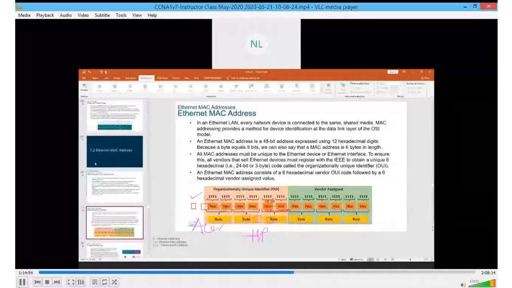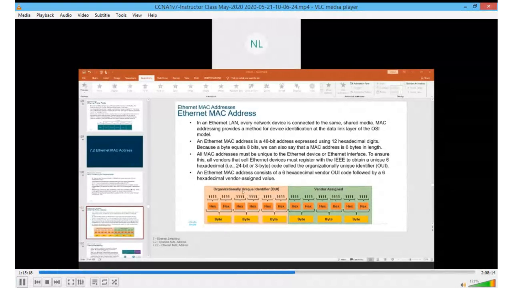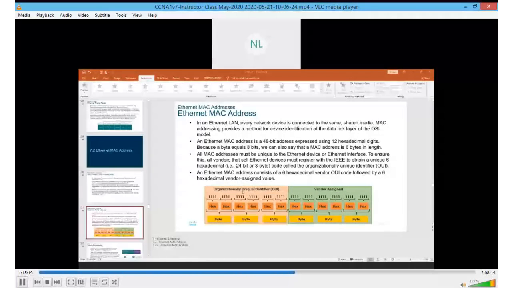So we said it is 48-bit, something like this. 1, 2, 3, 4. When you calculate it, they are out of 48-bit. The first 24 bits, so each 4-bit is 1 hex set. Each 4-bit is 1 hex set. So 1, 2, 3 up to 24 is the organizationally unique identifier, which is going to be the same for HP and also the same for the different